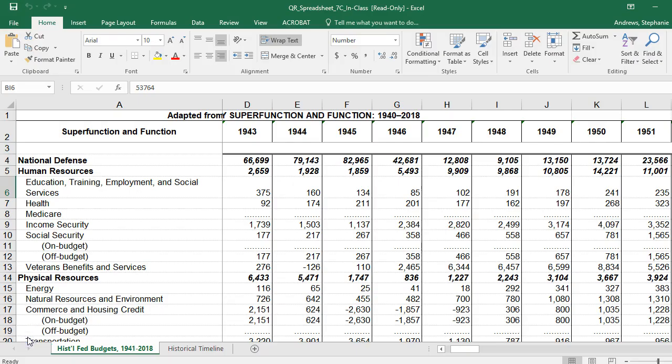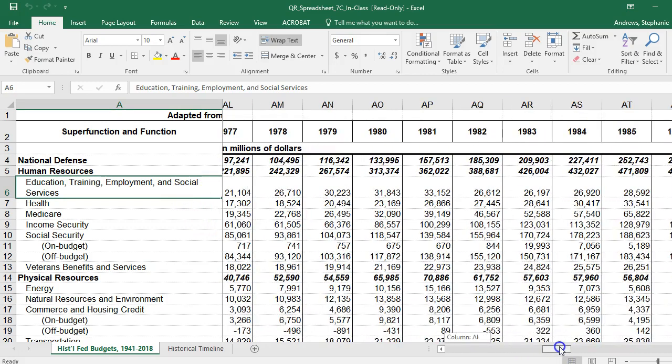In my math lab, you have access to spreadsheets. So I've gone to this one, and this is spreadsheet 7C in class activity. The first one they were asking for on question 3 is the education, training, employment, which is this line right here, but they want it for the year 2000. So I'm going to scroll way over here